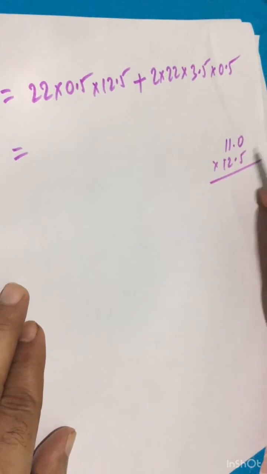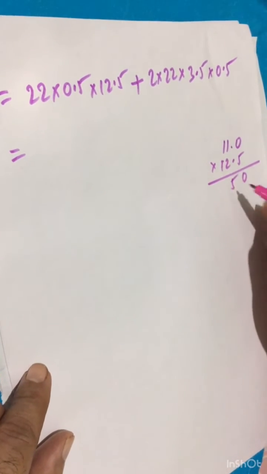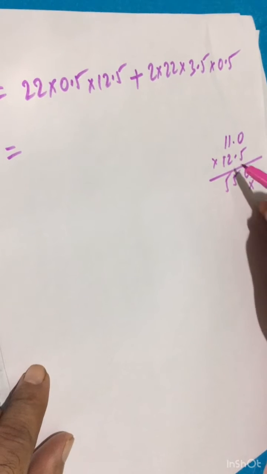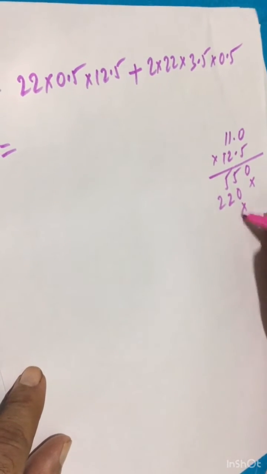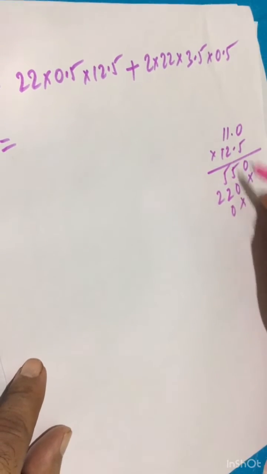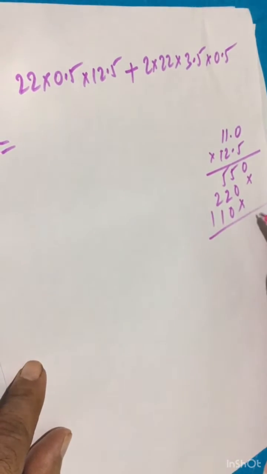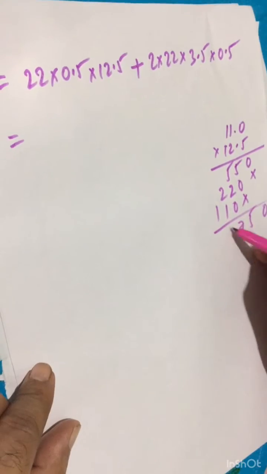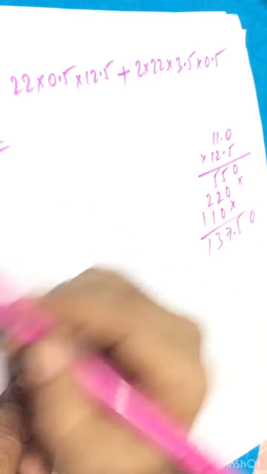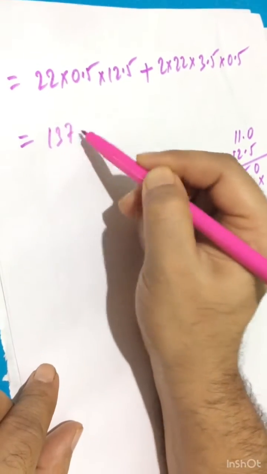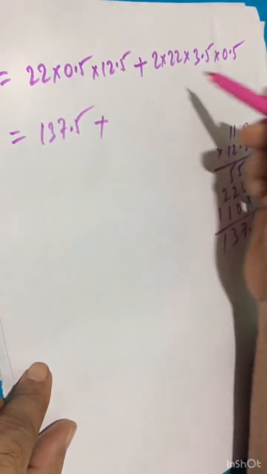12.5. So 5 0s are 0, 5 1s are 5, 5 2s are 10, and so on, adding up. So I'm getting here 137.5, and here